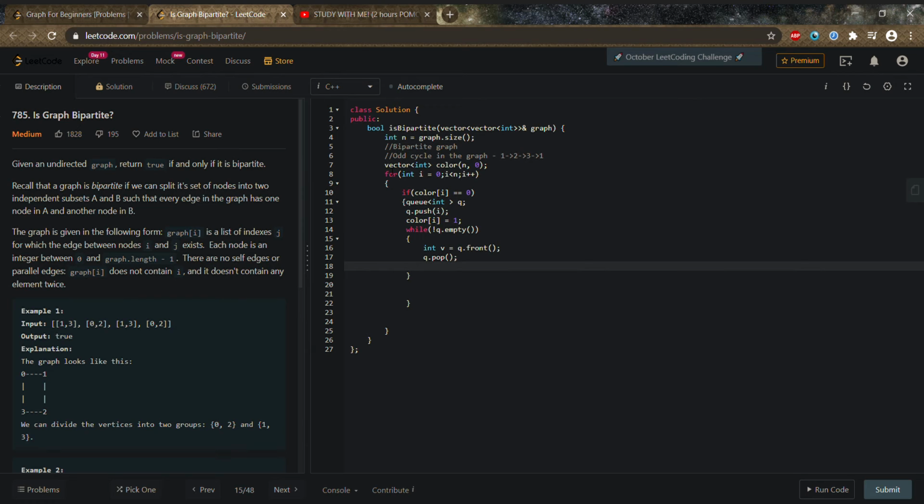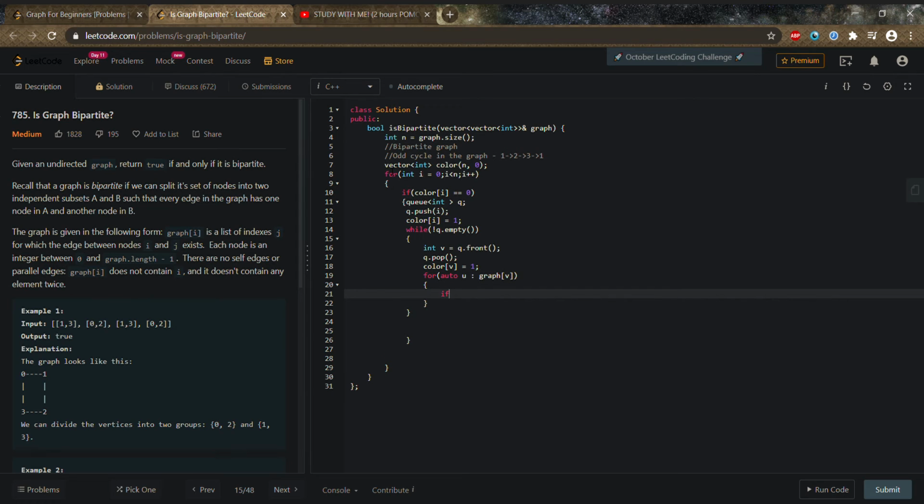Now what we'll do is color of v, let's say we just color it as 1. Actually we don't need to, but let's see what happens. Now we'll iterate through all the neighbors, let's call each one u, over graph of v.